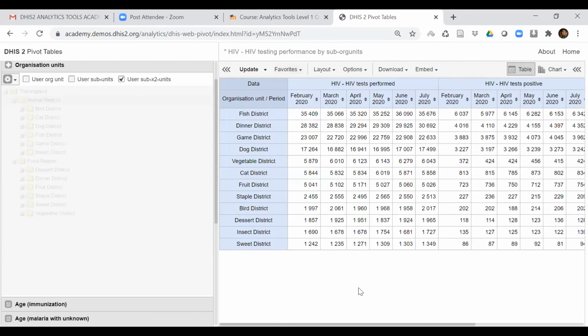So my dear participants, that is the end of the second session, and next is to move to part 3. It is very close to 11 o'clock.